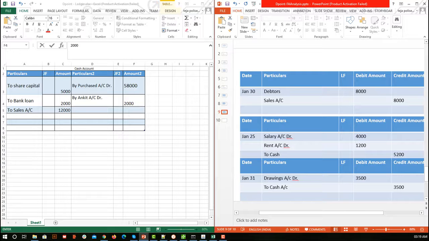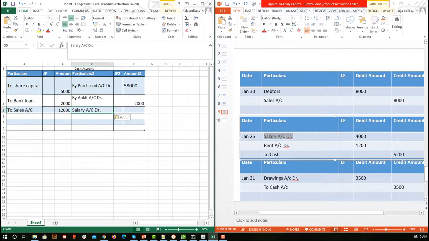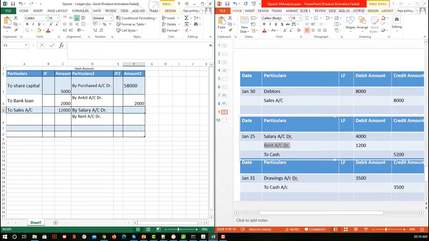Okay, let's move on to the next transaction. So here we have cash account. Now this is good. So whether you have to consider this amount or this amount, either way you consider, it will be 5200 only. So what we do here is, we have 2 here, so we are going to copy this and paste this here, but we have to write buy. Similarly we are going to copy the rent account as well. Copy this, we are going to write buy and this. Okay, now what is the amount? 4,000, 1200. Okay, we are good.